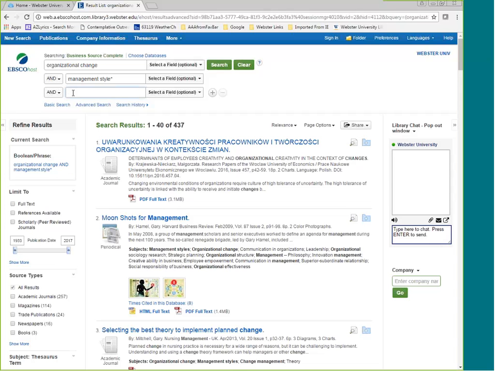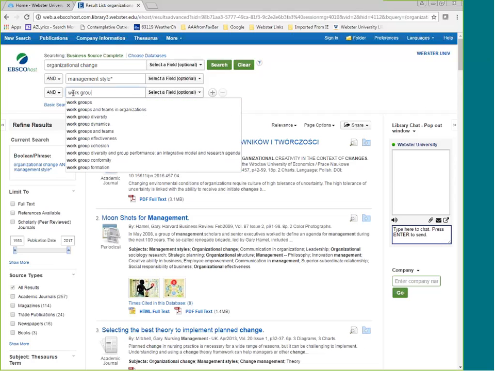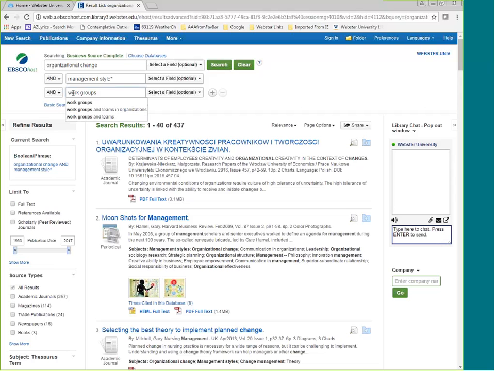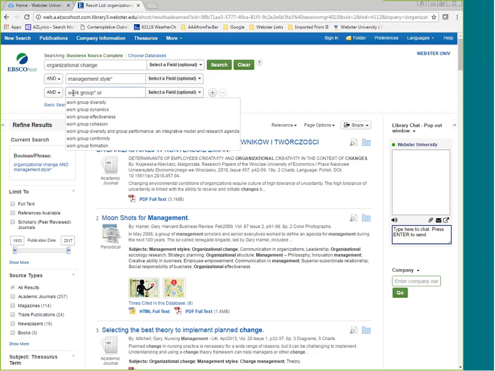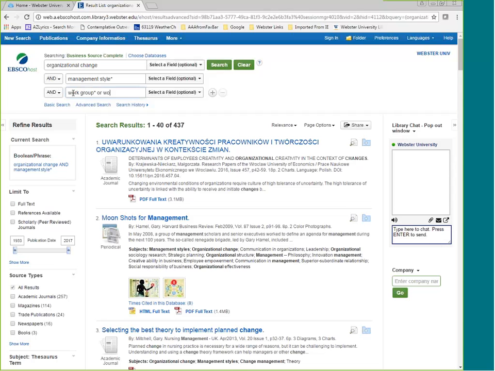Because we have 437 items, we're going to look at work groups. I could do this: work group, OR, and notice that I'm actually typing out the OR there. I'm telling the database to look for either of those phrases along with management style and organizational change.